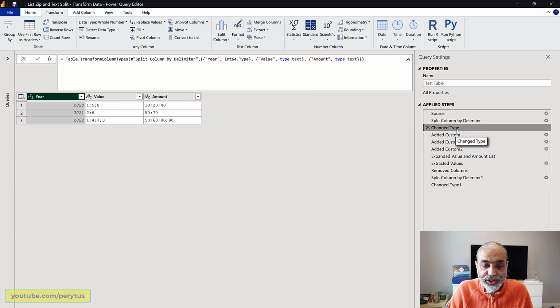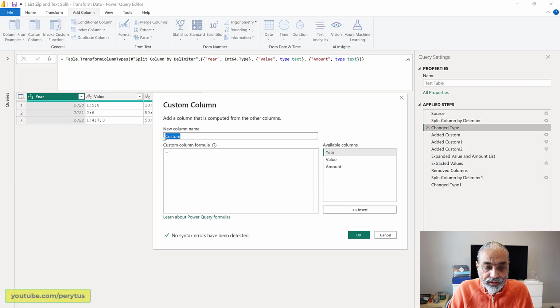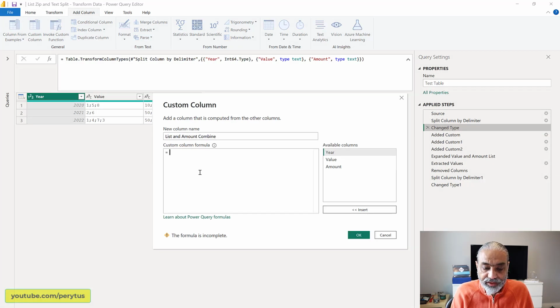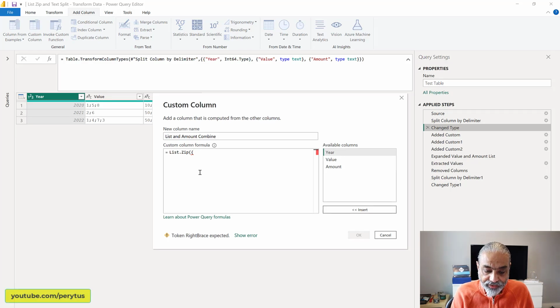What we're going to do is, after change type, we can add another column here called custom column. I'm going to call it list and amount combined. So what we're going to do is List.Zip. It needs a list, so we're going to start with a curly bracket, and then within this we're going to say Text.Split, and that is our value, which is separated by semicolon, and then close. That's a Text.Split, and then comma, the second, this is a value. Now this will return a values list, and then the other one is